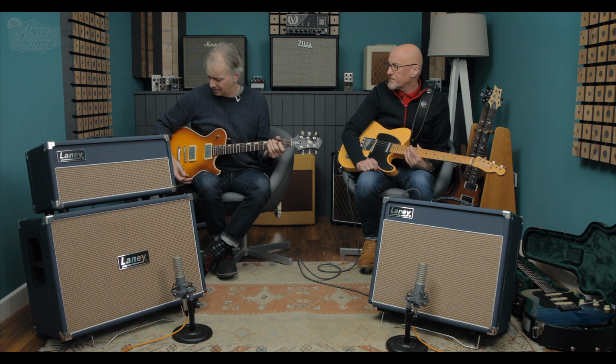It seems to really nail that, as does the mid-range, which, well, I may as well have a look at that now. I know I've started going on about it. So these are EL84s, aren't they? So these are Class A, and that brings its own kind of characteristic, but the low mids are quite neat and tidy, aren't they? And it's just this sort of punchy, and so anyway, let's...